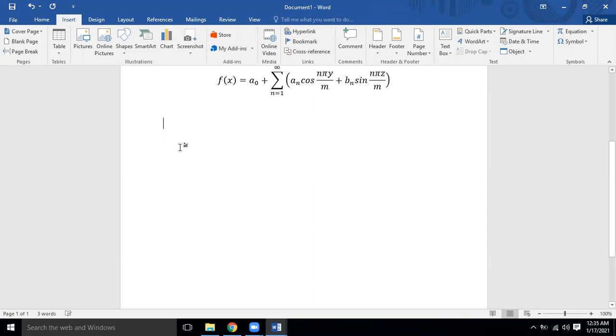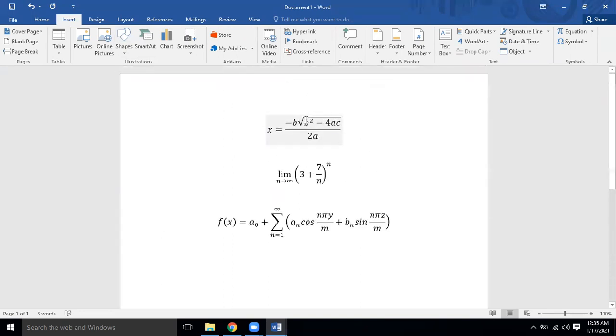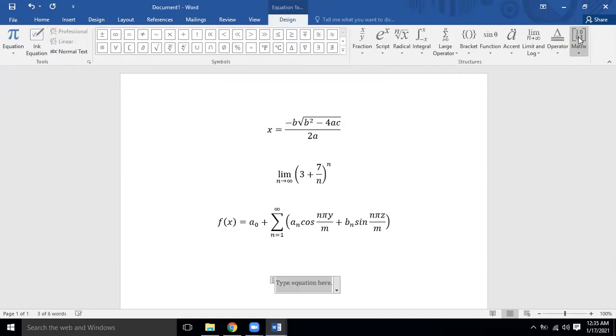But when I am typing an equation, an equation contains numerator, denominator, and something like a root, a complete root over the line, just like you saw the root coming on the complete equation. In this situation, I will go to insert and then insert equation, and then I will have this toolbar to edit equations, and then I will do my work over there. I hope this thing is clear.